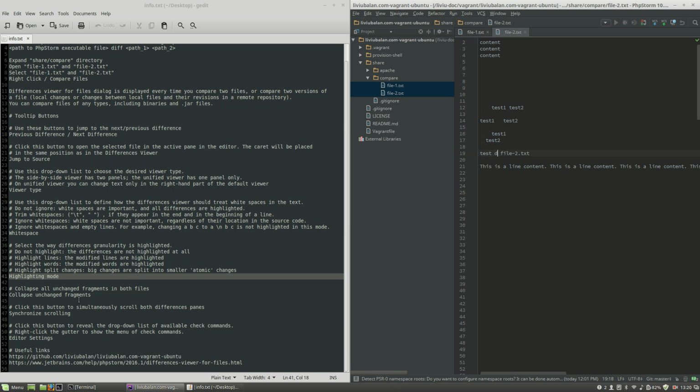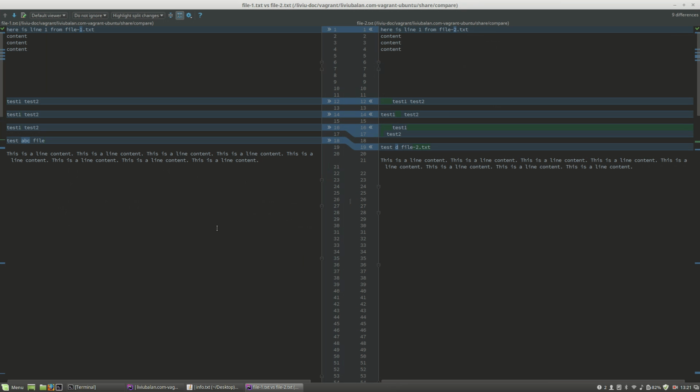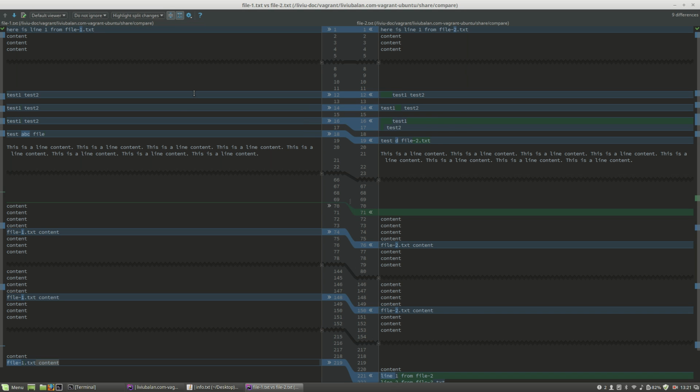Okay, another option that you can do is the collapse unchanged fragments. This option collapses all unchanged fragments in both files. Let's compare files again, and the option is listed here. If I press this button, you'll see that here I'm having this symbol,